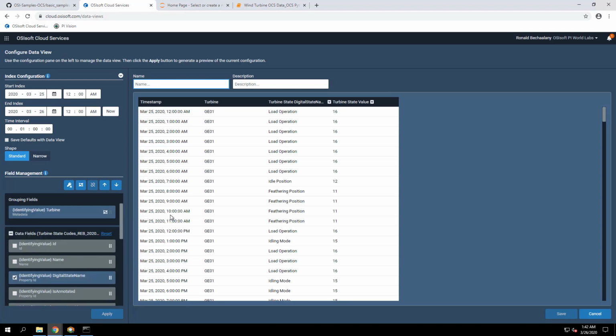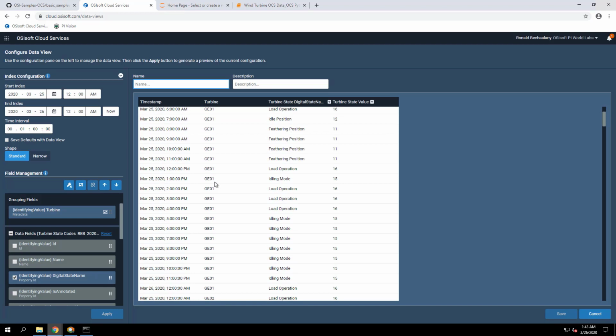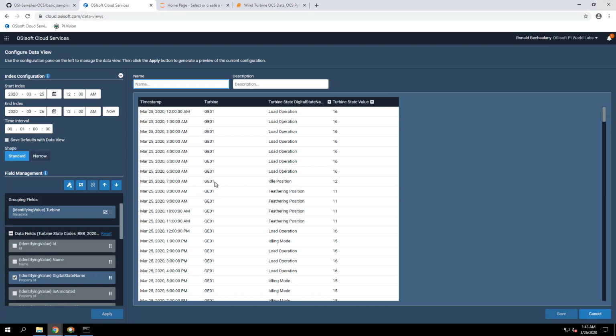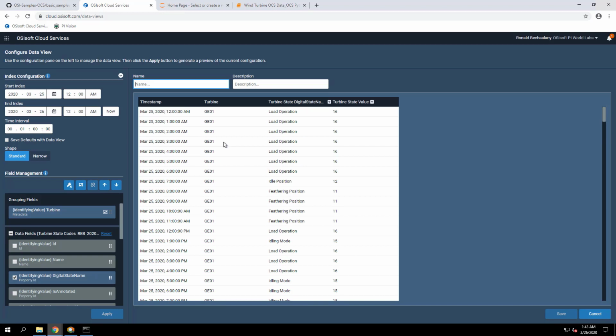Okay, so this gives us a simplified view of the data. We're grouping by turbine instead of getting that as different columns, so we can see here all the turbine states and all their values for each turbine.